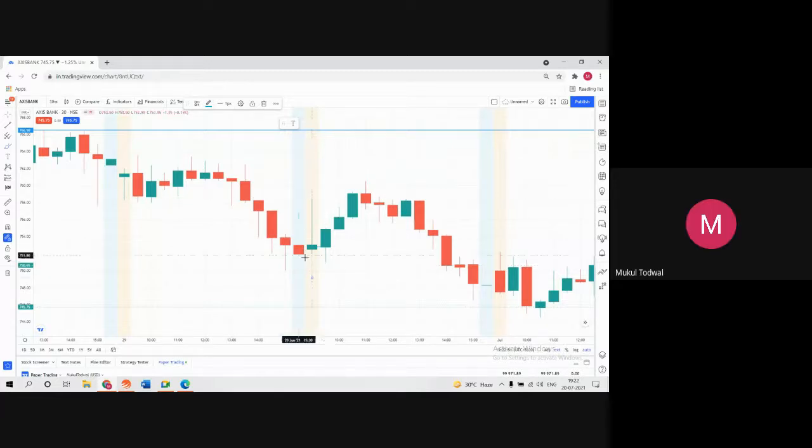Actually, this is a bearish candle only because the open and close were in the lower 40% of the body. But this certainly shows some power. And if it would have been a red candle, then also it would be a very good